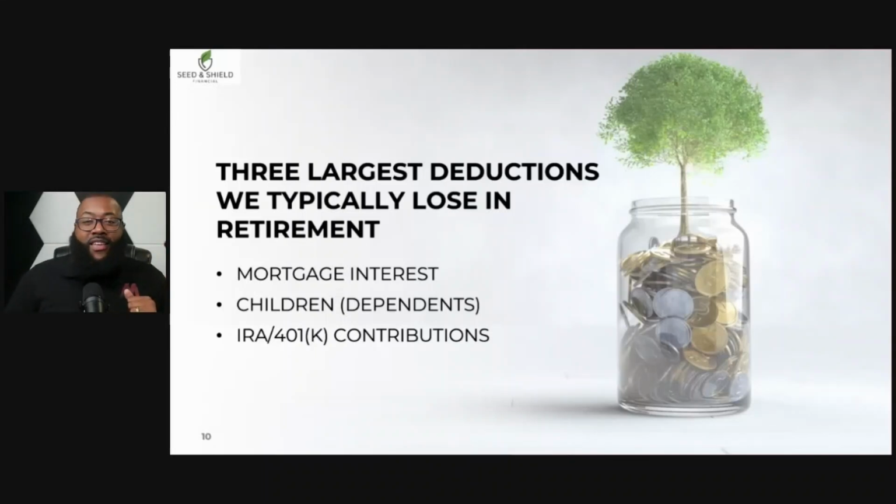Then children. Some people are having children later in life, so it might not always impact people. But for the most part, when people hit retirement, they don't have underage children, or children they can claim as a dependent. So what does that do? That removes all child tax credits. Wow, I didn't think about that. Got you. And then the last one is, you've been so diligent over the years, contributing to an IRA or 401k. But now, since you're not contributing anymore, those tax credits that you were getting, you don't get those anymore.